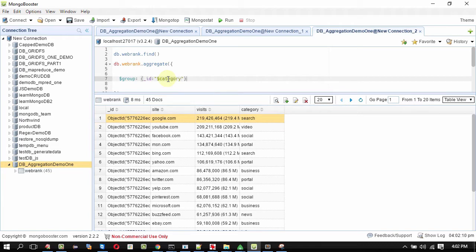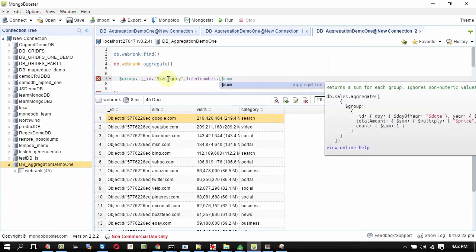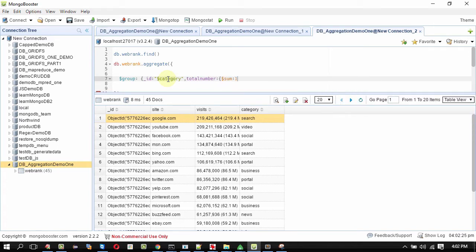Then the total number: totalNumber colon. We are going to use a sum. It's going to be 1. Braces are closed. Here also it's closed.